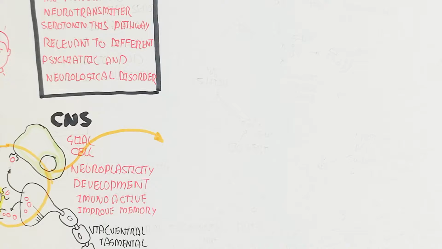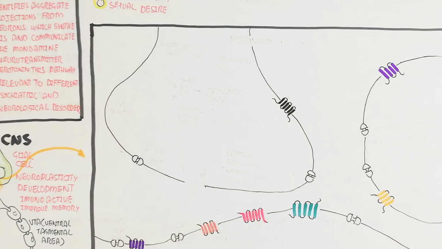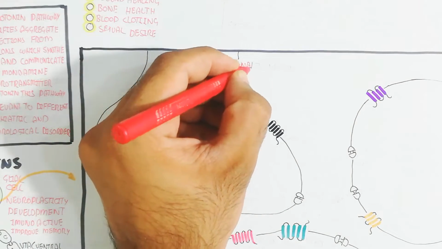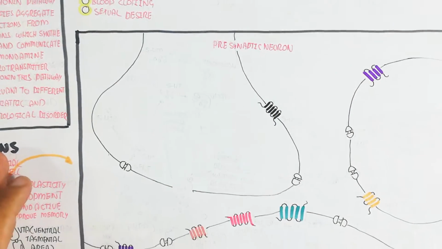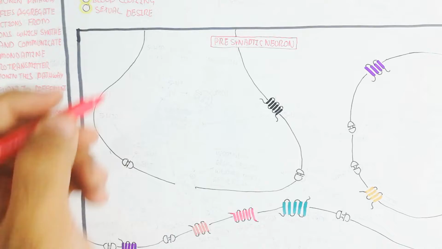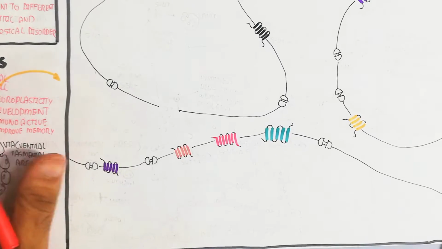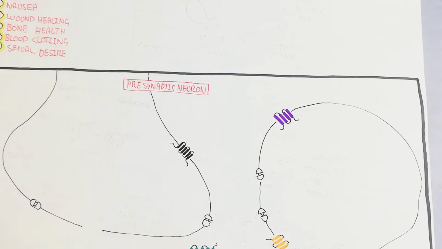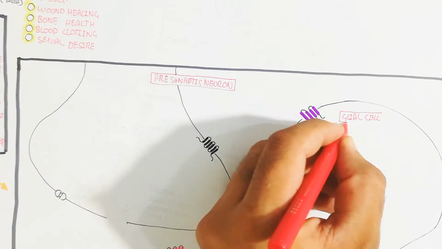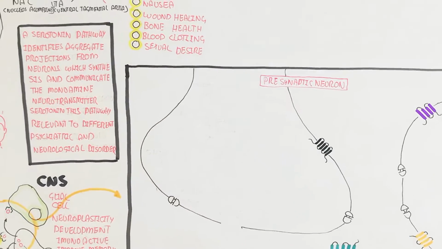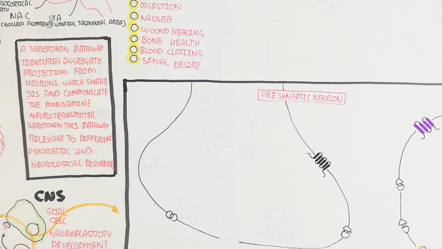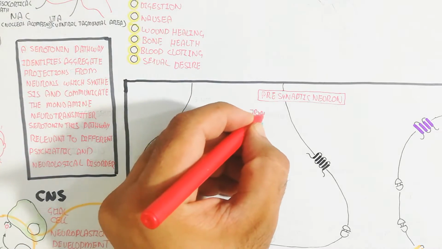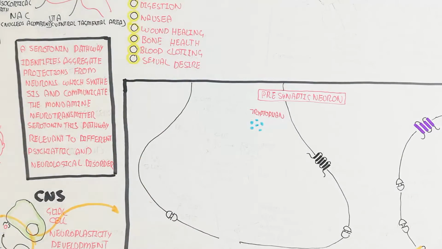So let's zoom out to the synapse between the glial cell and the other cell. For example, the nucleus accumbens-containing cell and the ventral tegmental area cell, or different types of cells basically. So here is the presynaptic neuron, for example, in the brain. The brain, for example, contains the nucleus accumbens and the VTA.